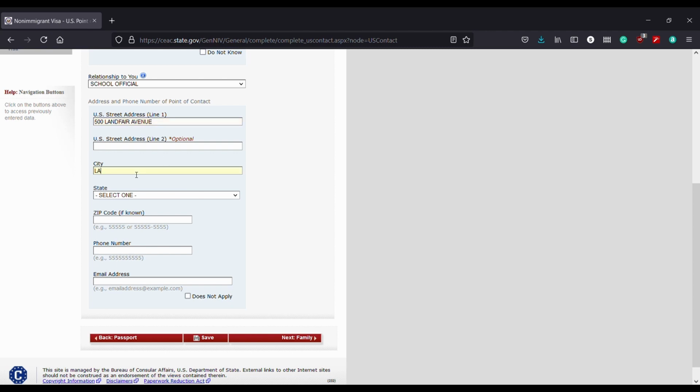So these details, the US street address and everything, I have filled it for myself, but here the address of the person who you have referred to as the point of contact will be input. You can fill the email ID or not.